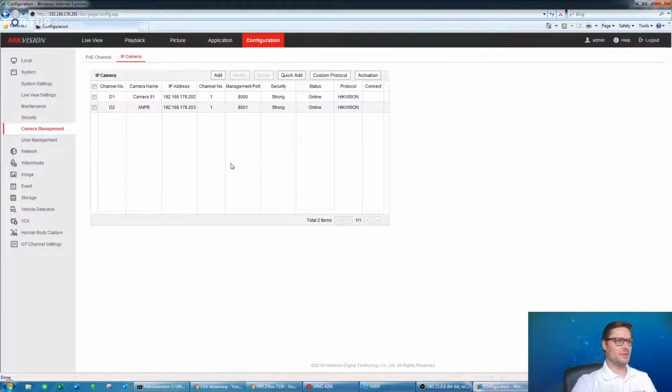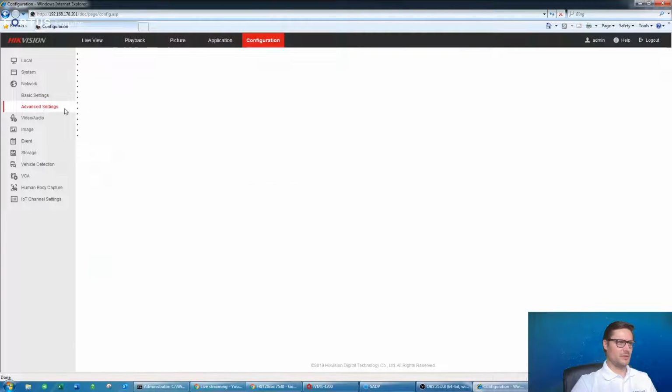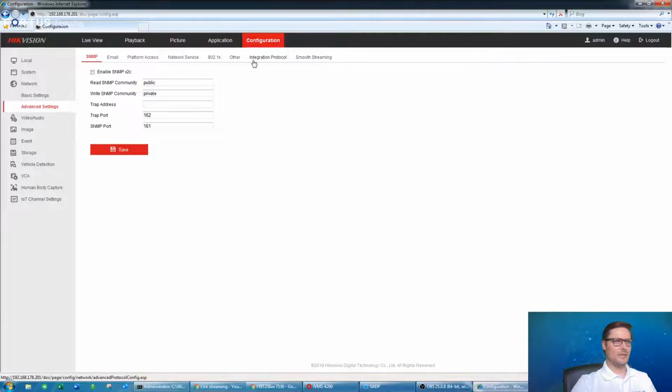In the camera management, in case you have your cameras connected to the PoE at the back of the recorder, it's not always possible to access those cameras locally by just plugging your laptop into the PoE at the back of the recorder. So in that case, you can create a virtual host between the LAN and the PoE at the back of the recorder. So if you go to the advanced settings, other settings, and enable virtual host, click save,